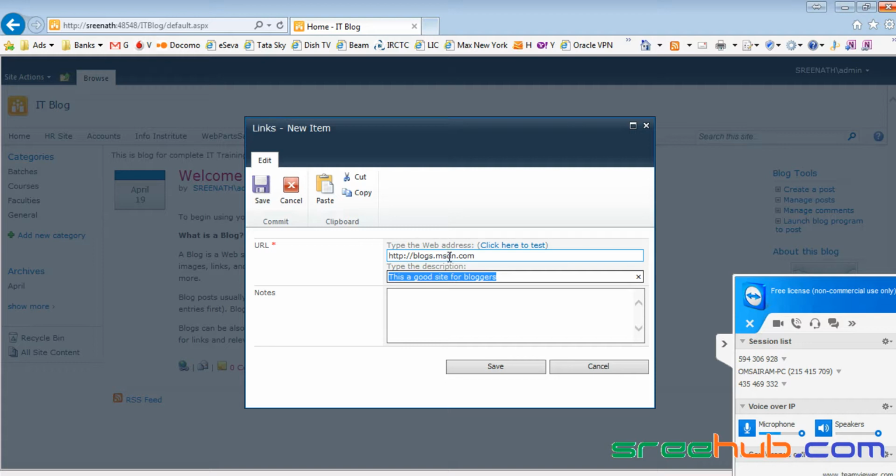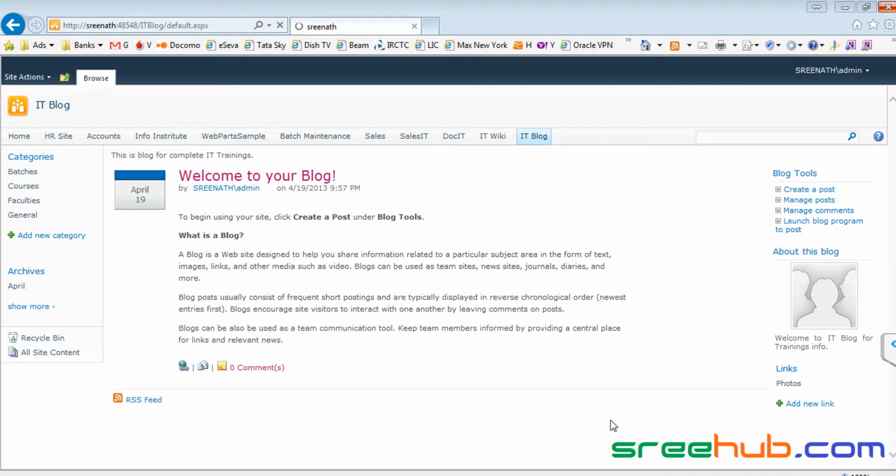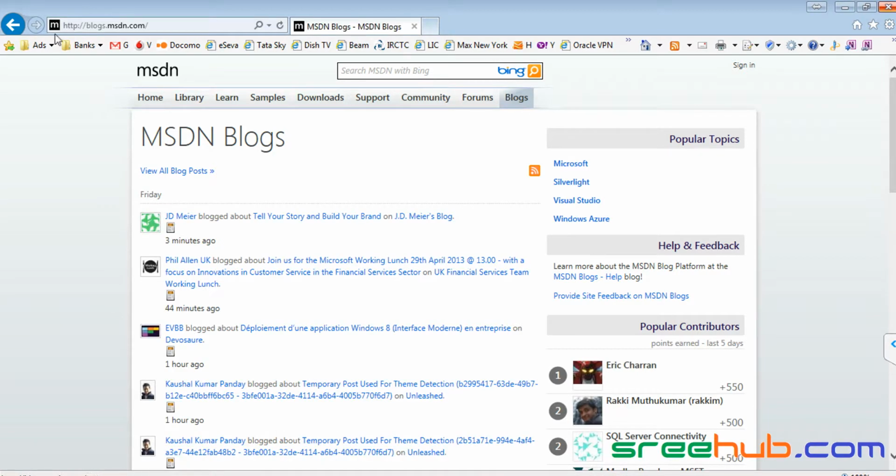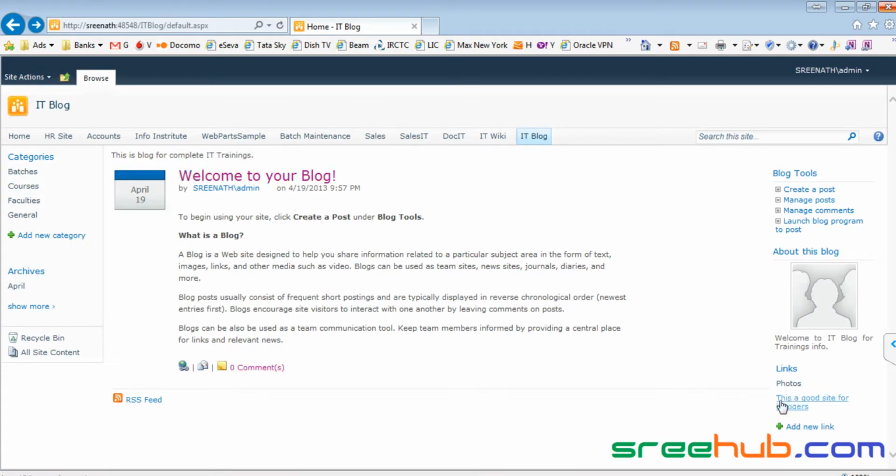Just copy this and copy this in the same here, and let me click on save. Now you can see here, whoever accesses, it gives me the notes. Let me click on this. See, you can actually go to that site if you click on this. It is a very good site.